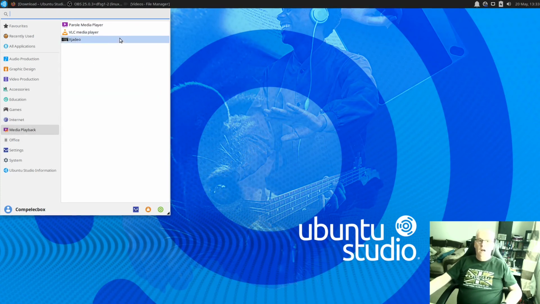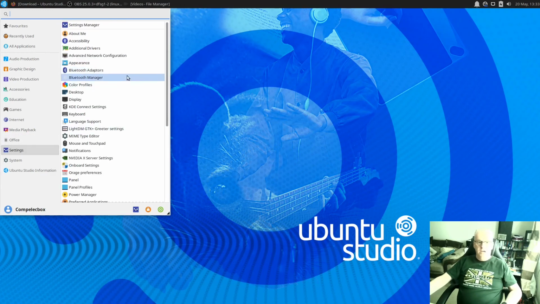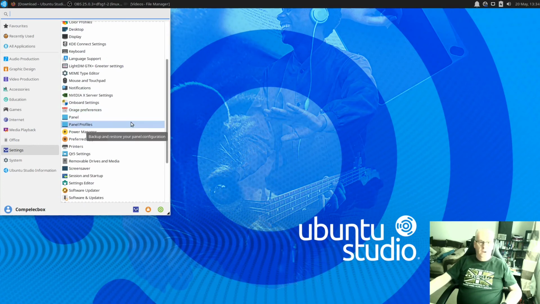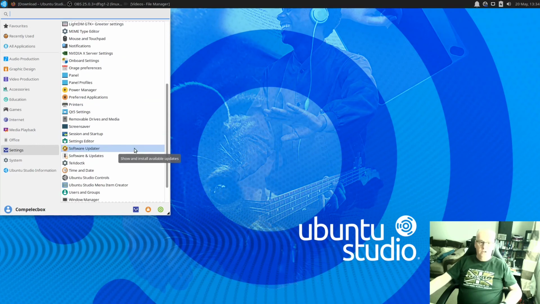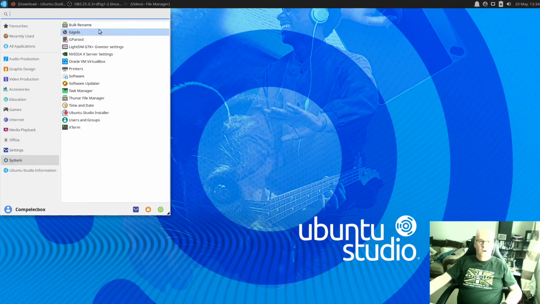Media playback, XLC and Parole Player, and Zajdu. Office software, yeah, you didn't come here to look at Office software. The settings, there's a few extra ones in here to do with KDE syncing, additional drivers. There's a few NVIDIA X server settings. That may be because I'm running an NVIDIA graphics card with a genuine NVIDIA driver. There's the software updates, which just looks like any other one. And then a few specific things for creating menus. The system ones,